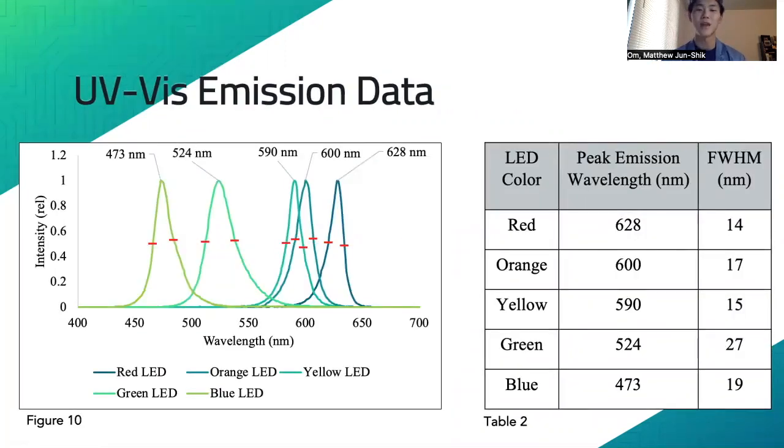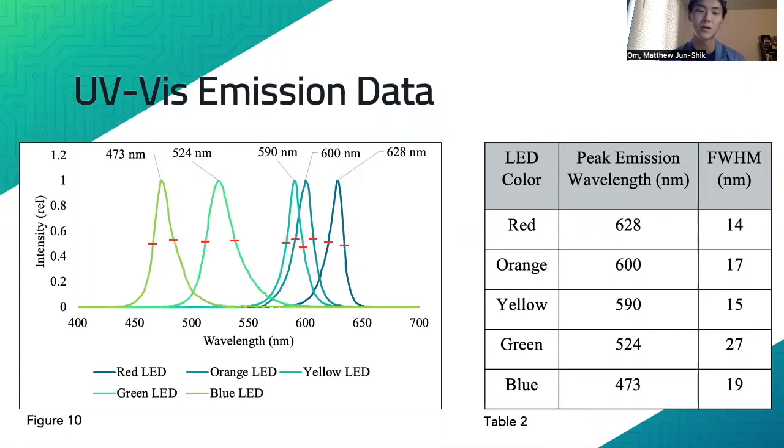Next, we have the results for the active band gaps from the UV-Vis emission spectrum. Figure 10 shows the normalized emission peaks for each LED with peak wavelengths and full-width half-maximum points labeled. The values for each are presented in Table 2. The full-width half-maximum values give a rough estimate of the resolution of each peak, with green having a significantly wider